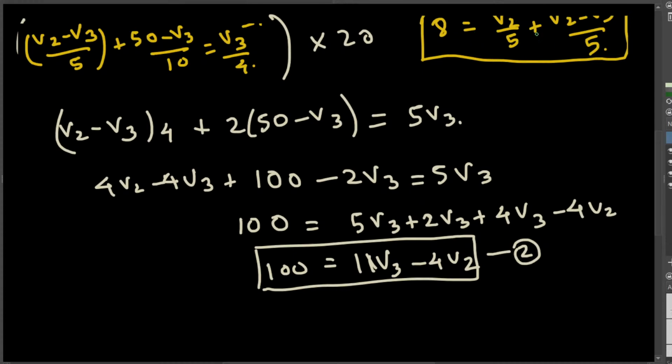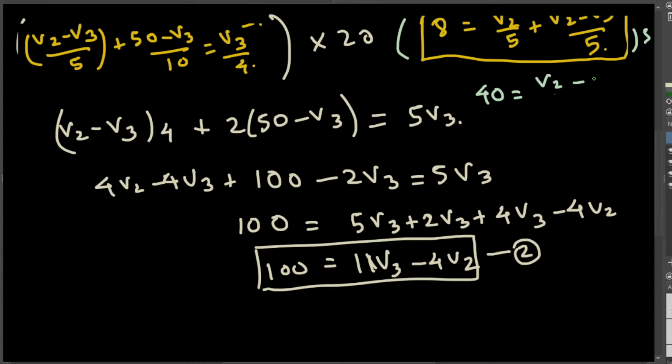Here we have 8, and think of a value. If I multiply, all the denominators will cancel. I can think of 10, because 10 divided by 5 is 2, or you can just multiply by 5. 5 is easier, so this is going to cancel it. If I multiply the whole thing by 5, this is going to become 40. That is equivalent to V2 divided by 5. Actually 5 cancels, so V2,